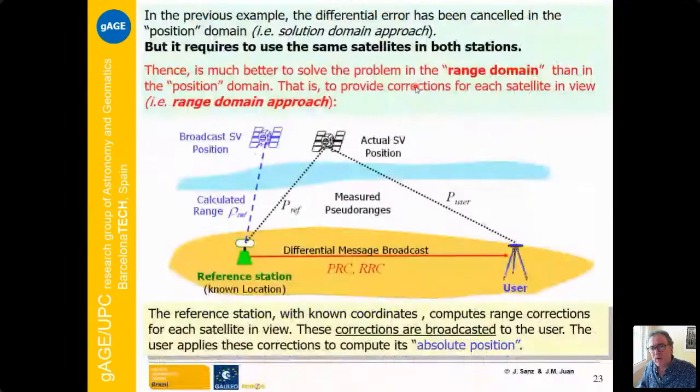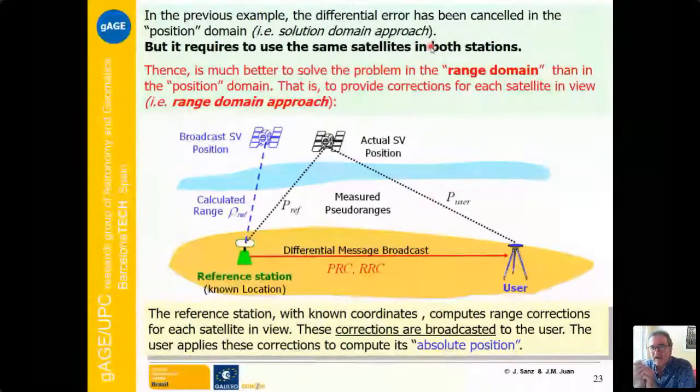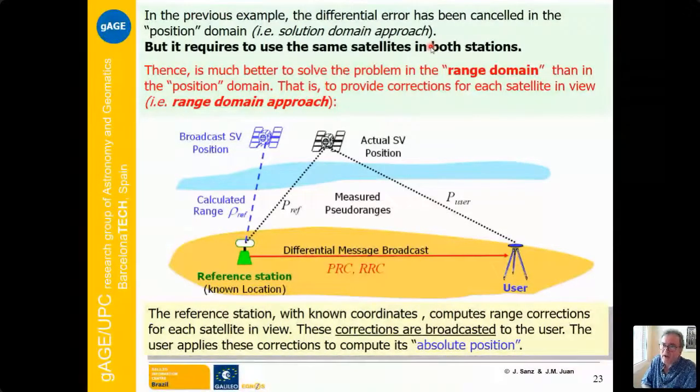Then, in order to apply this simple approach, it is required to use the same satellites in both stations, because if we have a different number of satellites, then the geometry will be different, and the final error can vary. A better solution is what we call the range domain approach, and the idea is